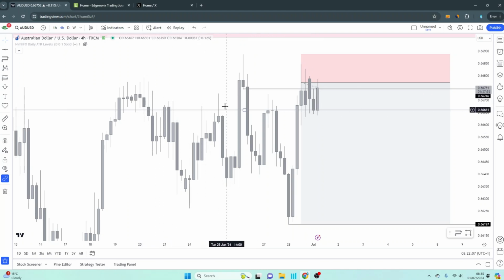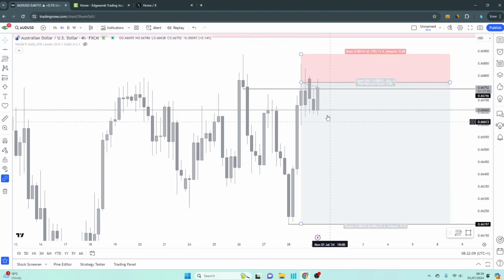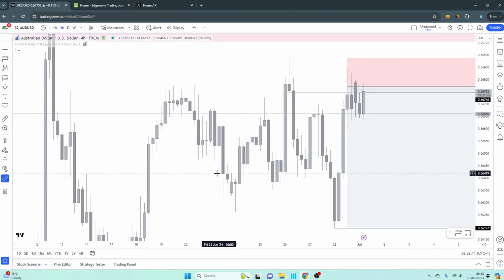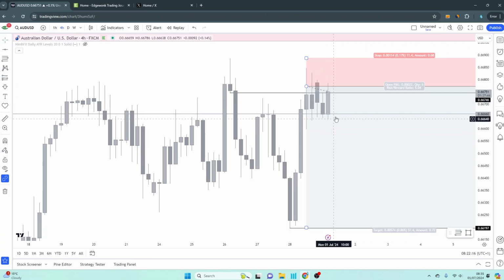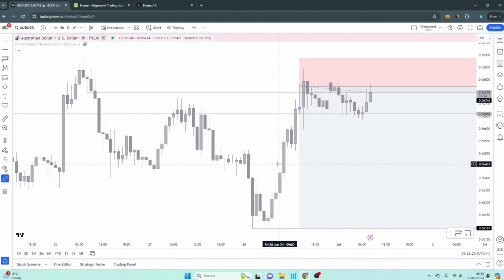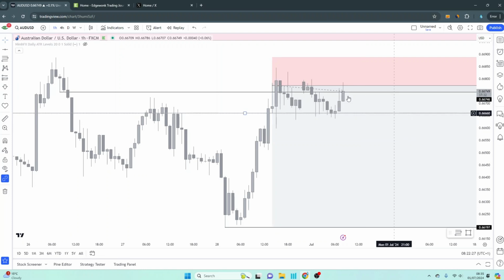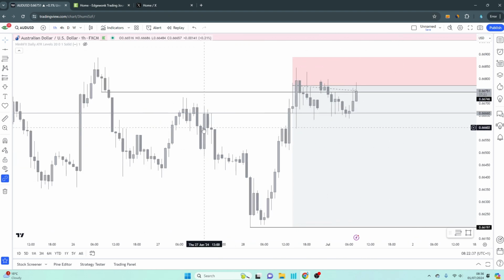So resistance, resistance, resistance, resistance, and then a cluster of support here. So it's quite a significant level. We do need to keep our eye on this one. What we need to see is a break of this level, a retest of it, and then we'll move the stop loss there just to lock in some profit and break even. But until we either hit stop loss or the market breaks this level, there's nothing to manage on this trade either, so I'll keep that updated as well.